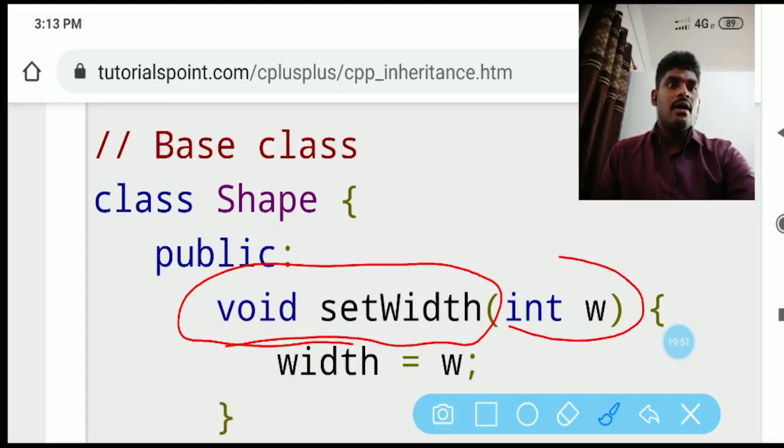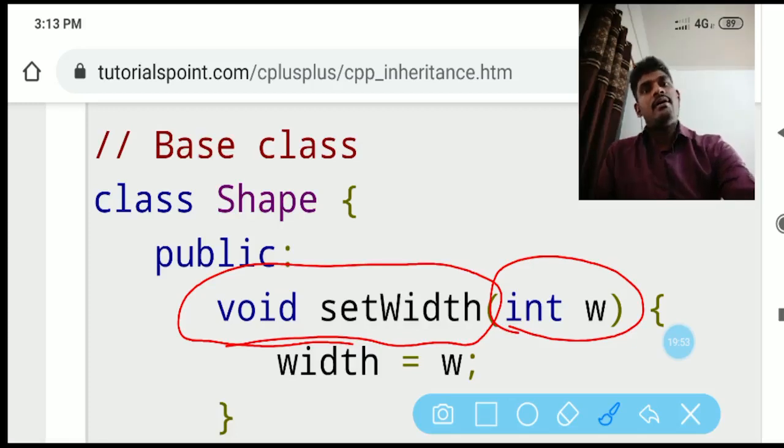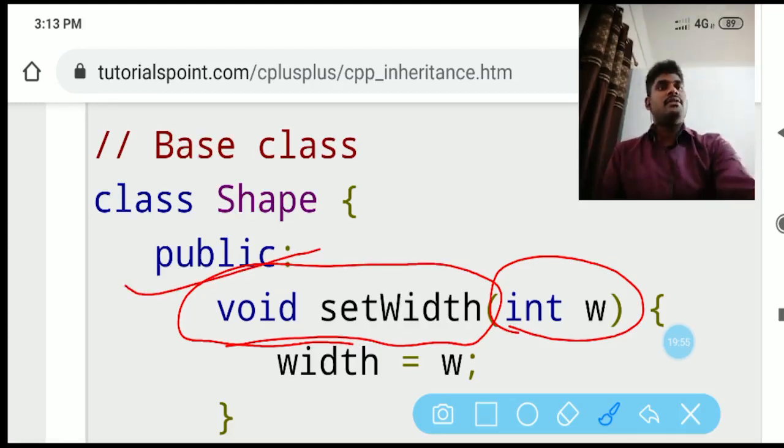Int w is the argument of the set width member function. So I won't declare a constructor, so that you may understand clearly what a member function is and what a constructor is.